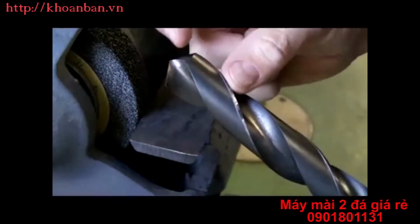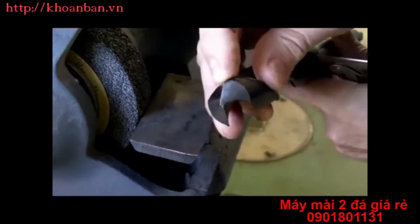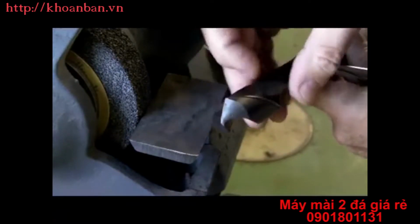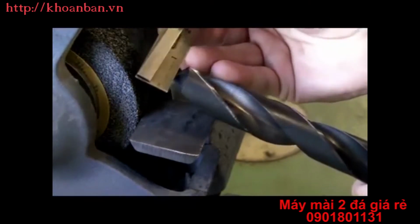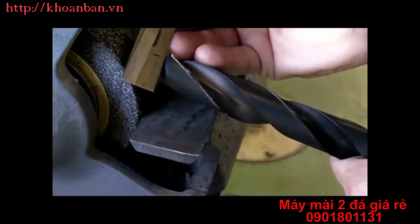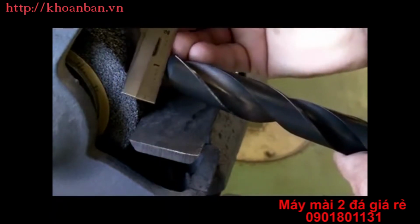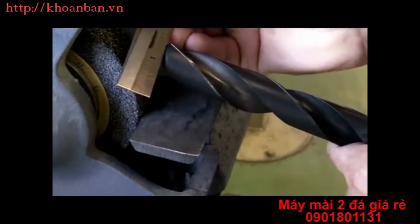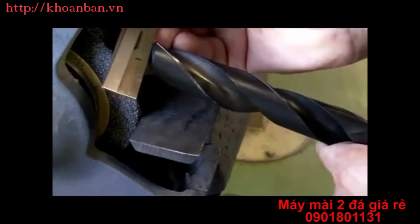These are the two cutting lips of the drill bit, and if I turn it towards you, you can actually see where they meet in the center, which is the chisel edge of the drill bit. Just in behind the cutting edge, if I was to set a rule perpendicular to the center of the drill bit, this angle here is an important angle for us. We want it to be typically 8 to 12 degrees for a general purpose drill bit off of that cutting